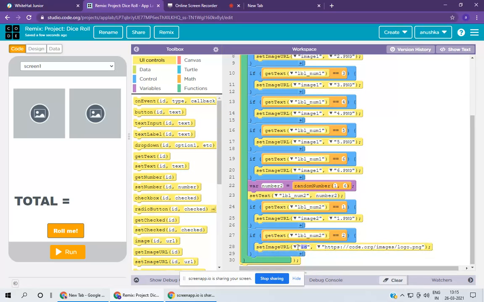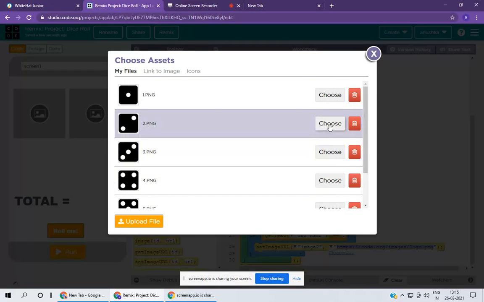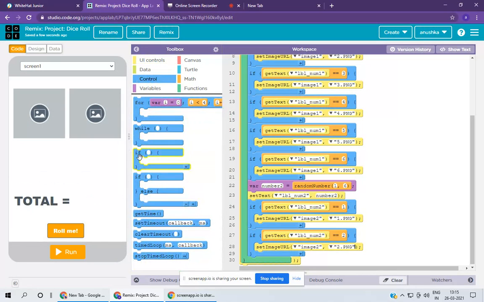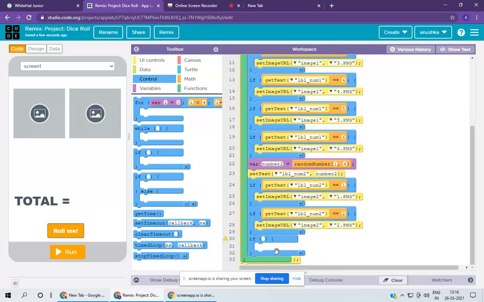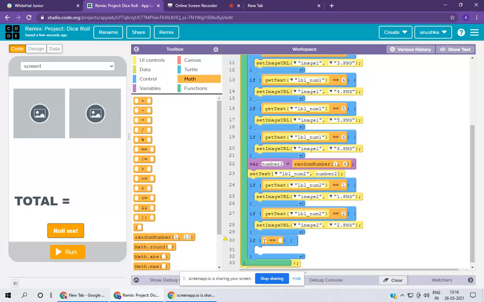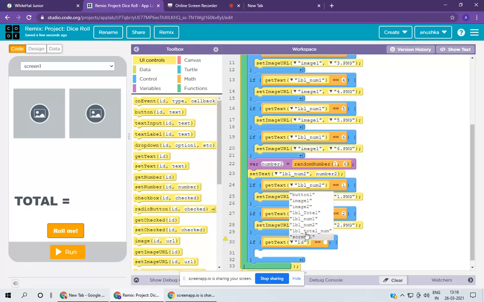ID is image number 2, and then change this, we need the second, 2.png. Then we need, like this, take if else once more. Okay, now we need math, take the equal to operator, get text from UI control, and change ID into label number 2. Then this should be the third one.